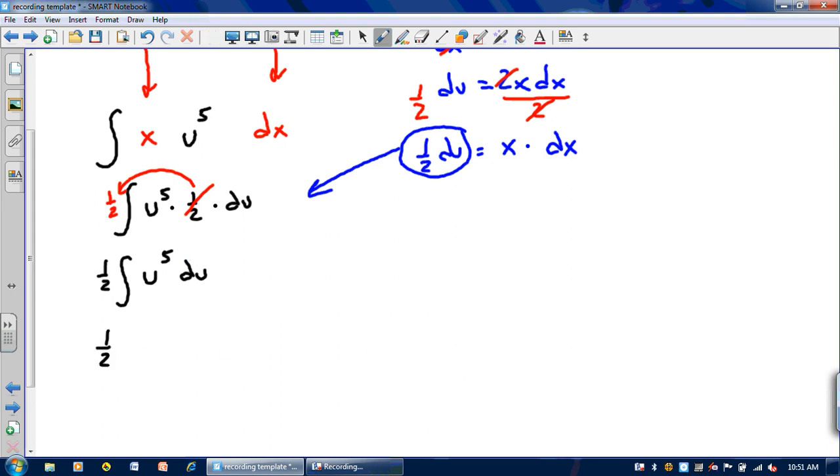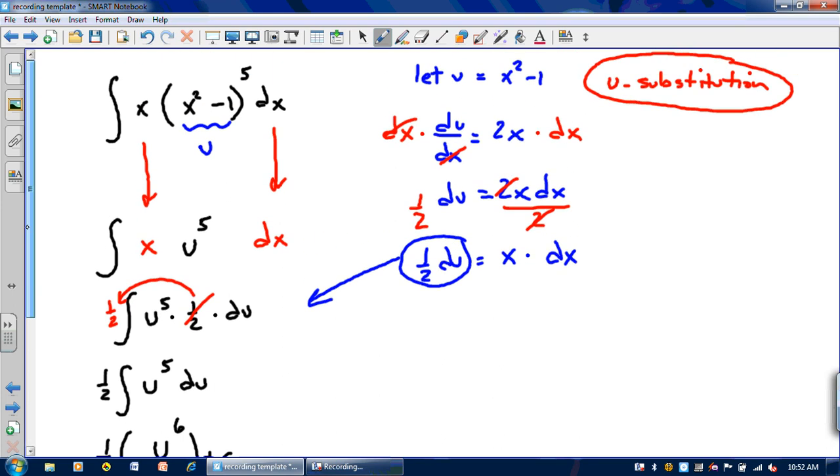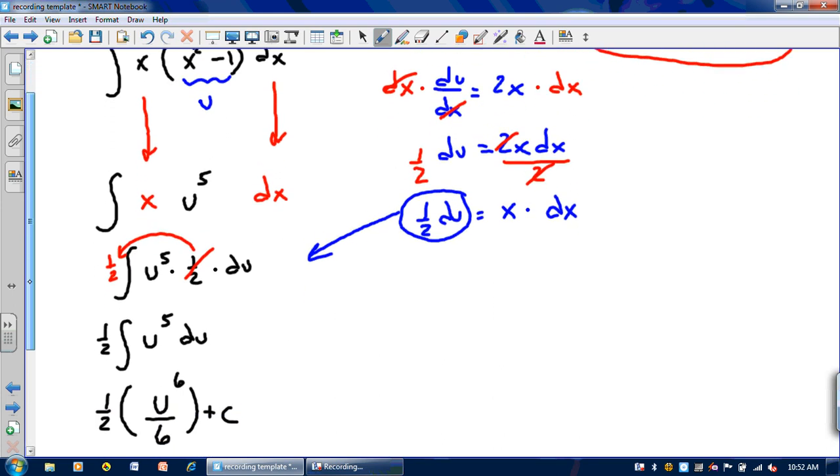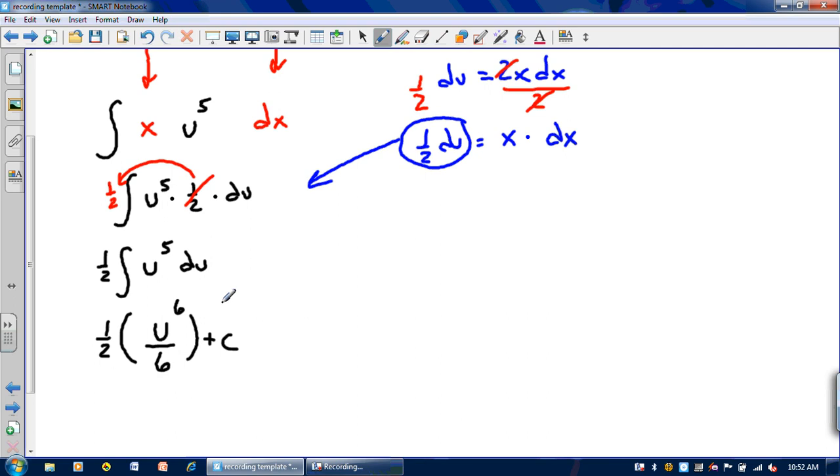If I take the antiderivative of u to the 5th, add 1 to the power, u to the 6th, and divide by 6, plus a constant. And there is my general solution. Now, it doesn't look much like the solution, and that's because I have to do one more thing here. I started this problem with an integral in terms of x. What I've got now is an integral which is in terms of u, and so what I need to do is what we call back substitute,